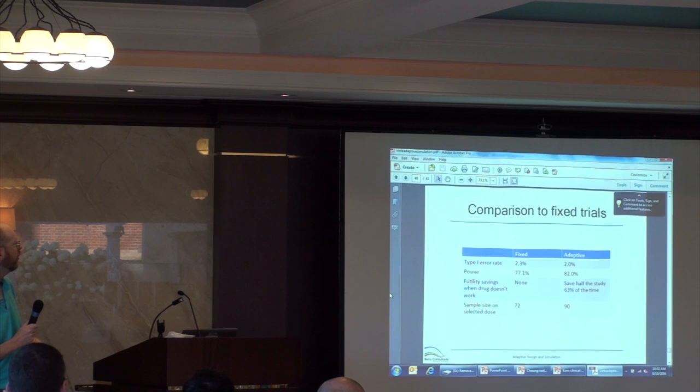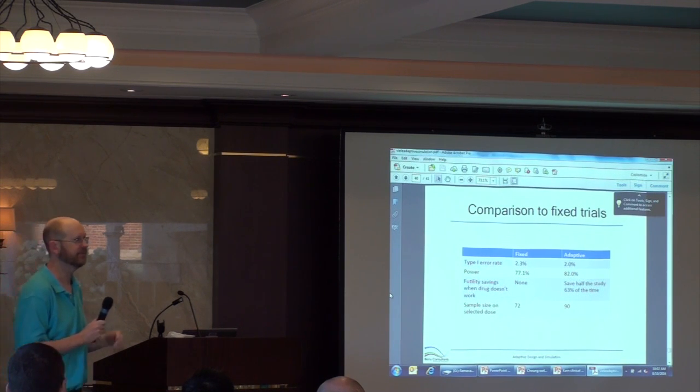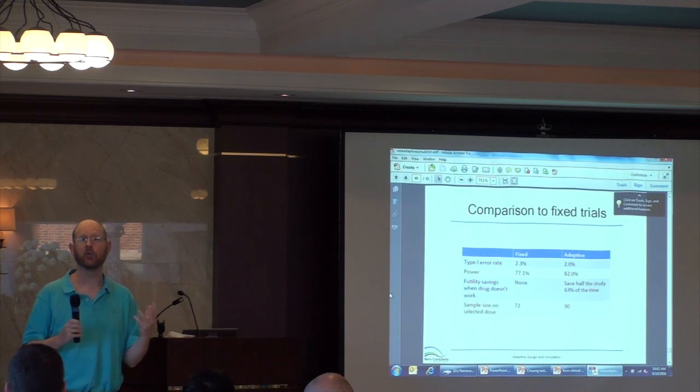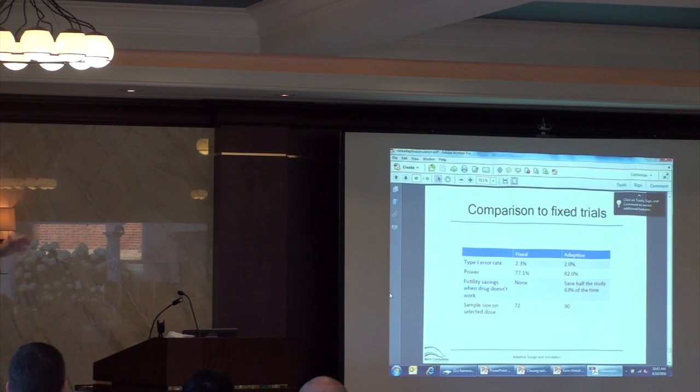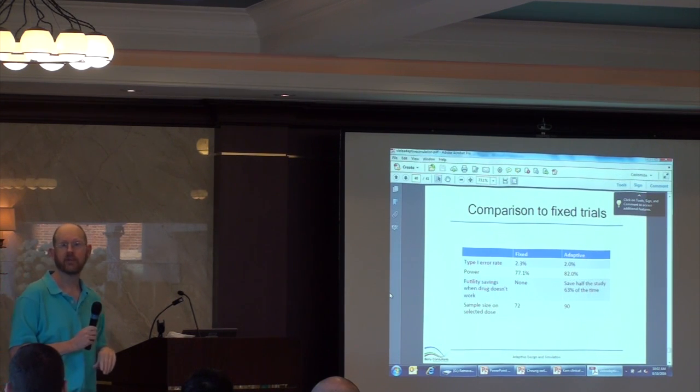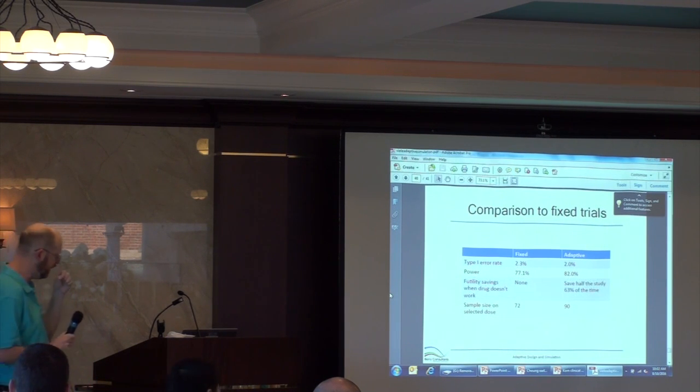If the drug doesn't work, do I get futility savings? I ran a fixed trial, the answer is no. I always ran it to 216, never saved anything. If I put on the futility rule, I saved half the study 63% of the time. So not always, but I got a decent chance of getting out. And finally,